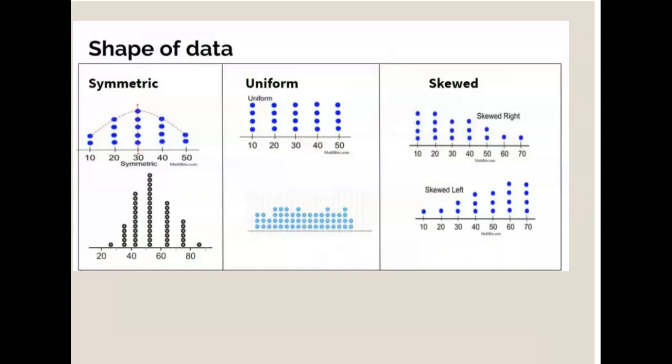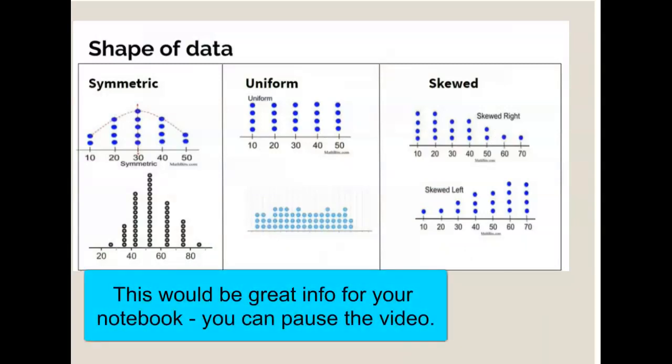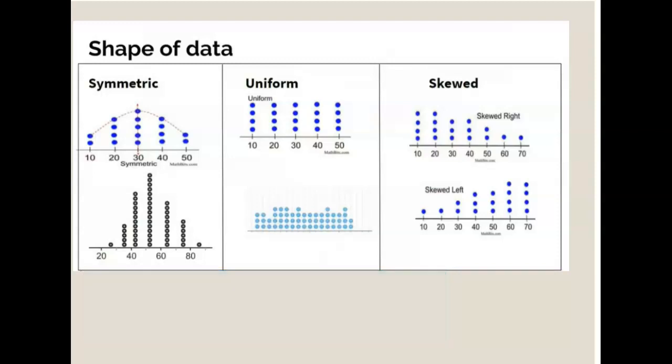So we've looked at some different shapes. We've looked at uniform, symmetric, and right and left skewed. Those are the ones that we're going to be learning in 6th grade. There are more data shapes that you'll learn as you go further into statistics, but for this year we want to be sure that we can distinguish between uniform, symmetric,